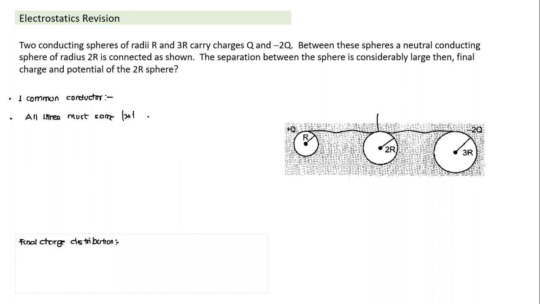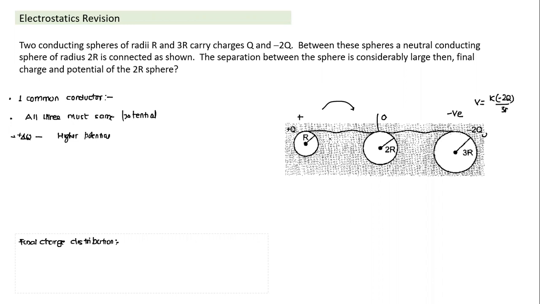The second way to understand is the charge flow. Imaginary positive charge flows from higher potential to lower potential. So whenever we make a connection, the charge will flow from whichever is at higher potential. This is at a positive potential. This was at zero potential. This was at a negative potential. How should the charge flow? If I connect these two, charge will flow like this, from here to here. Here zero is higher than negative potential. What is the potential? V is equal to kq by r. So the potential of the third sphere is negative.